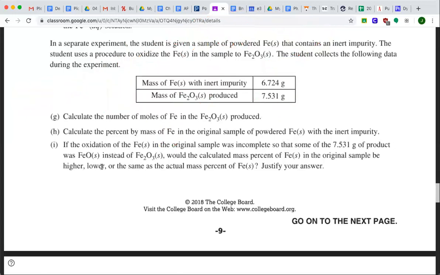Times 10 to the negative second, yeah. So you start out with 4.7 times 10 to the negative second mole, okay? The percent by mass of iron in the original sample of powdered iron solid with the inert impurity. Okay, so this is how many moles of,